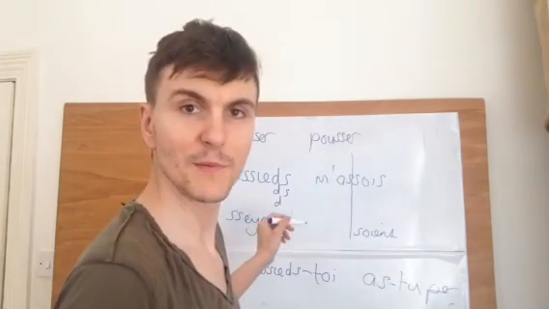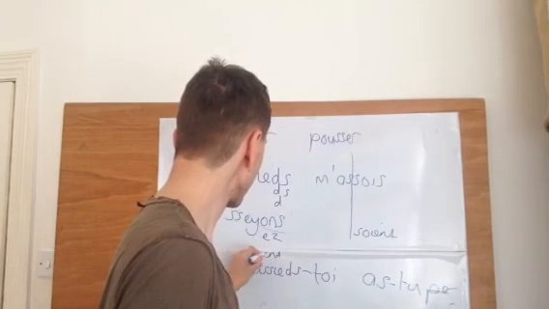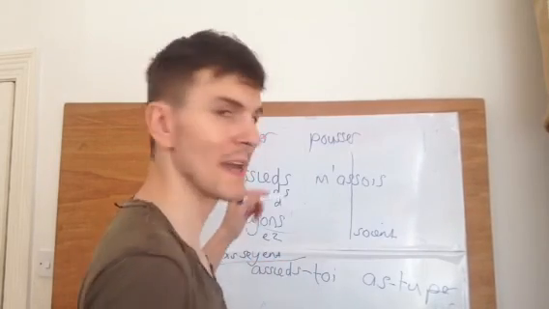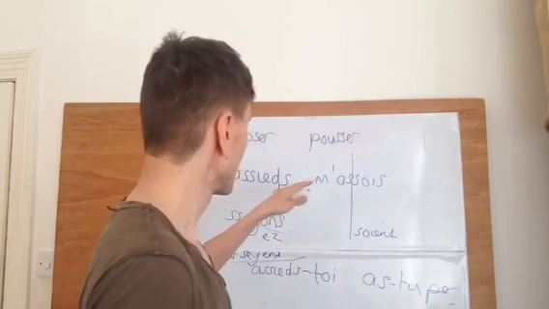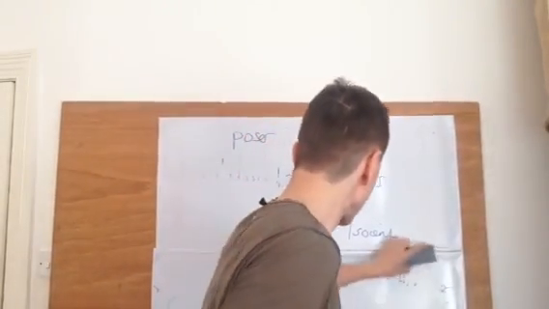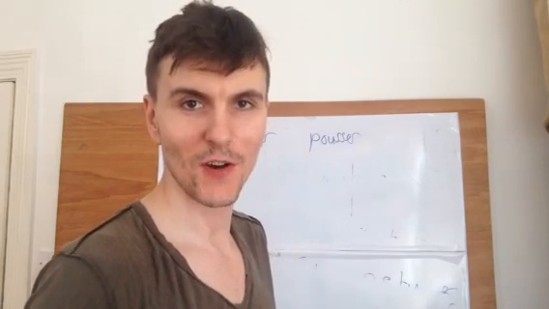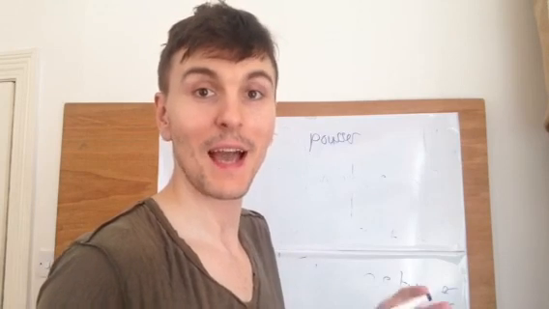So in the same way traditionally with soft and hards, the bottom three will be the same. So this pattern here will be assieds, assieds, assied, asseyons, asseyez, asseyent. But with the reflexive. Now what we're going to look at, it's such a long verb, is given that we have such an odd infinitive, how do we find the imperfect? Okay, how do we find the